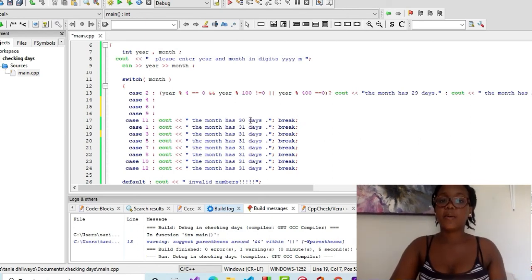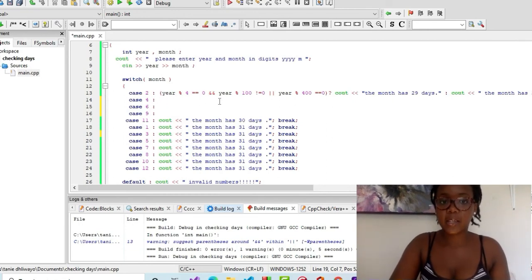it's still going to work perfectly, because if the user has entered the month April, the computer is going to check here and see there's no statement. It's going to come to case 6 and see no statement, come to case 9 and see no statement, and when it comes to case 11, it's going to see this statement, print it out and break. Either way, all these months do have 30 days,